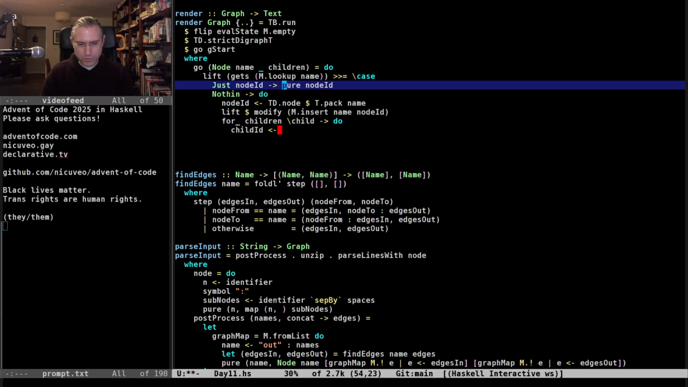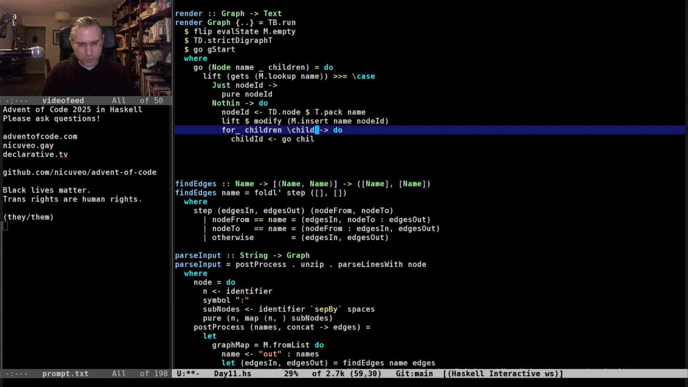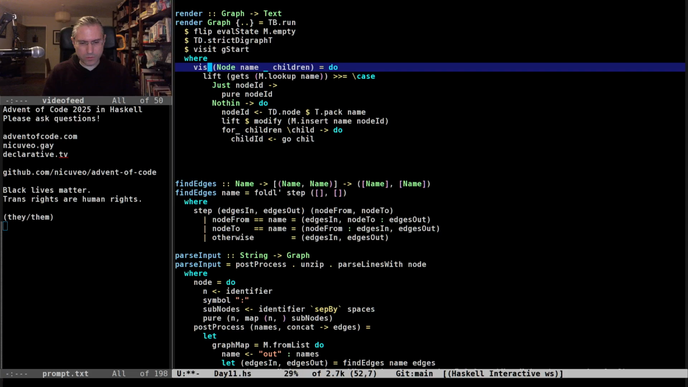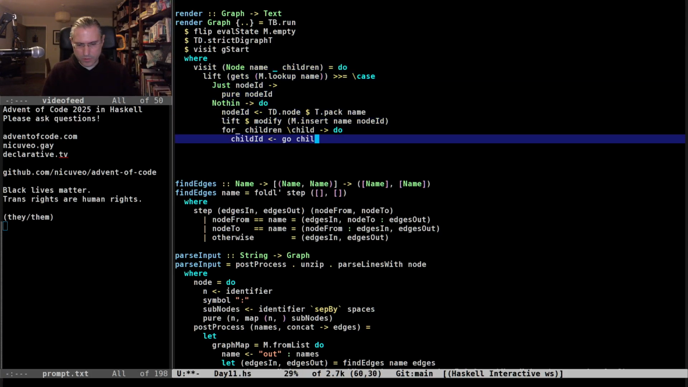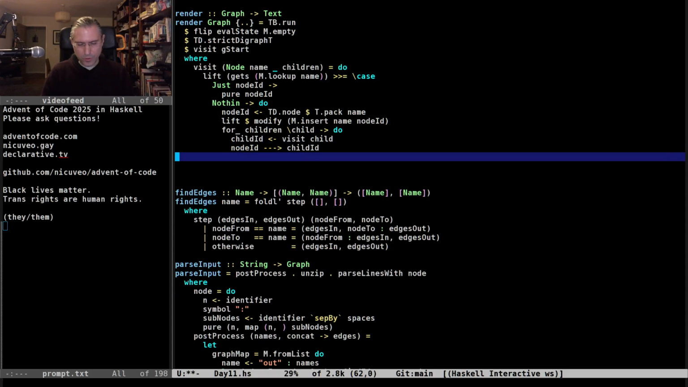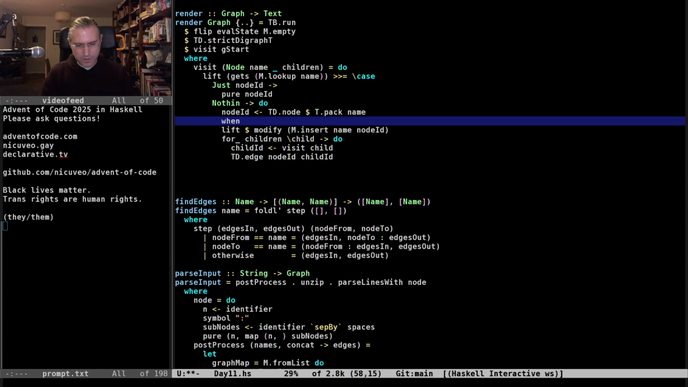I'm just going to do this for readability. Go visit. I'm going to call it visit, I suppose. It's a better name than go. Visit that node, get the ID back, and we can add an edge from this node ID to the child ID in the graph. I have a cute operator for this, but I think here edge is a bit more explicit. And there's one more thing I'm gonna do